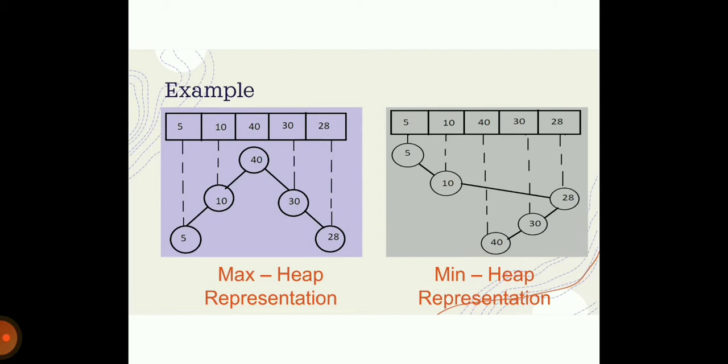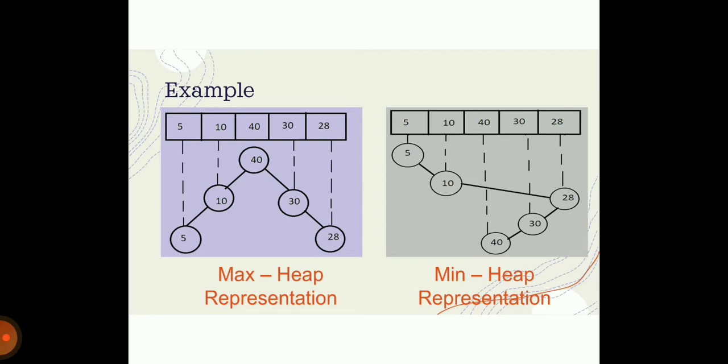Now in order traversal is that in which first left part is called, then root is printed, and then finally right function is called. So in order traversal of this will be 5, 10, 40, 30 and 28, which is same as the initial input sequence.